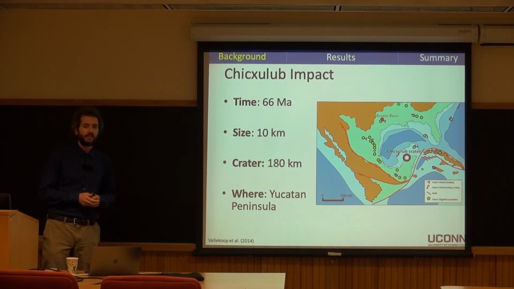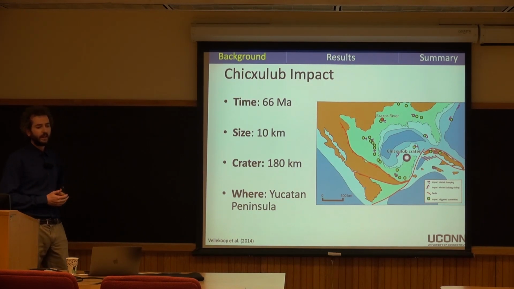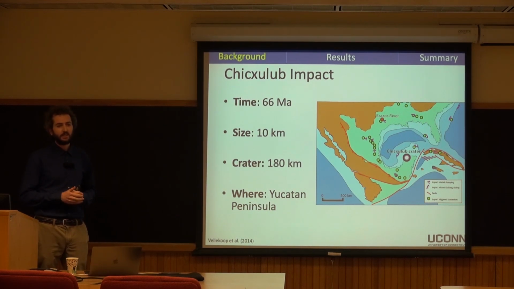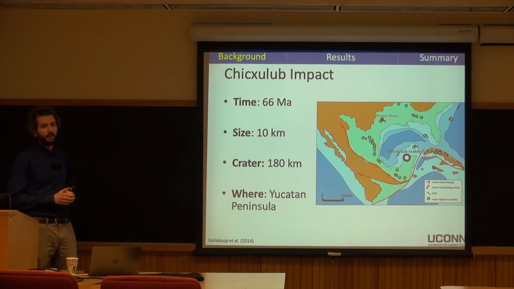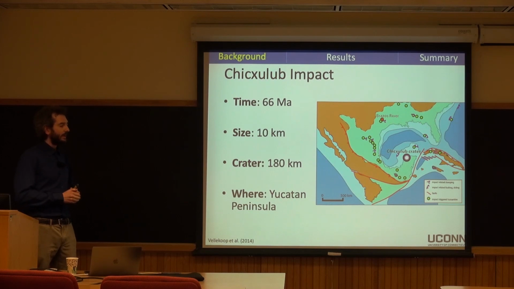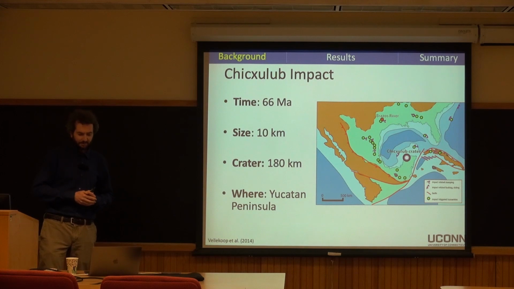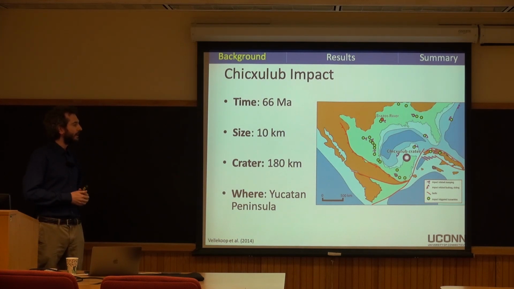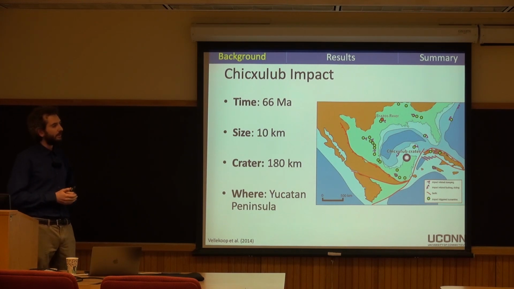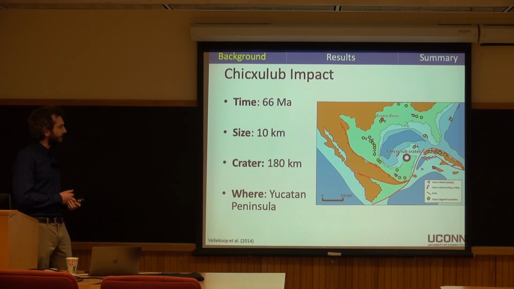So the impact occurred 66 million years ago, and it was first hypothesized that an impact might have been important for the end-Cretaceous mass extinction when Alvarez and others found an iridium layer around the globe that was all deposited right around the same period of time. And so this was first hypothesized around 1980, and iridium is fairly rare on Earth, but it's fairly common in asteroids. And so if you have a deposit that's found all around the globe, it suggests that there was probably a very large asteroid impact at that time.